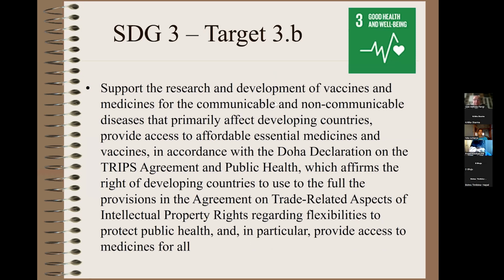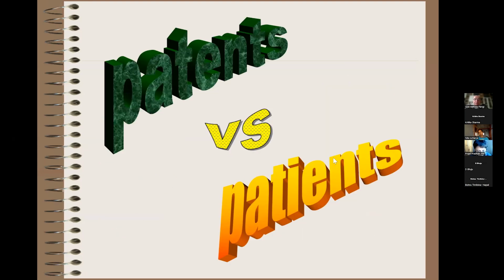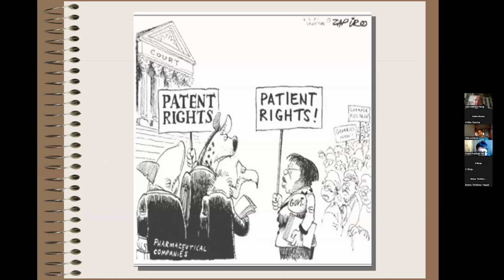If you can show this picture to people heavily smoking, well, possibly you'll induce some ideas. Target 3B is extremely long, as it deals with the development of vaccines and TRIPS and so on and so forth. Which are the TRIPS agreement and so on. The problem is the famous problem, patents versus patients. Shall I take into account more the wishes of the industry producing, the big pharma producing drugs, or the patient needing these drugs?